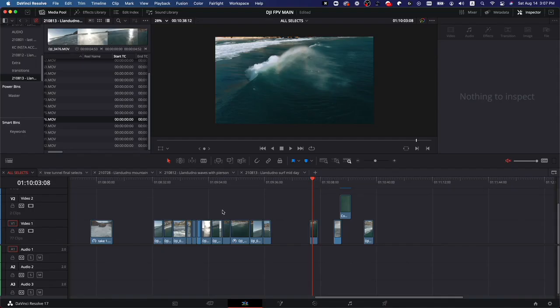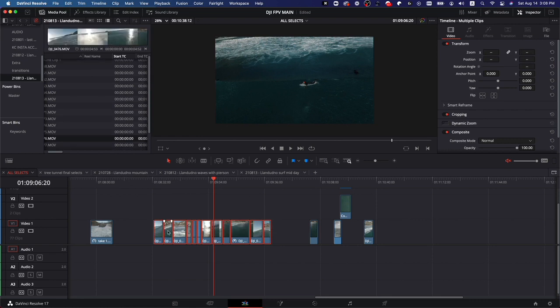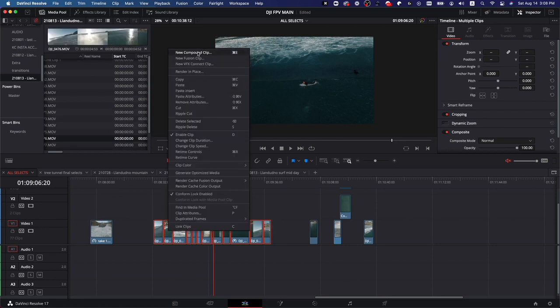So really quick, let me show you guys exactly how to make a new compounded clip before I give you some more examples of how and why I would use this feature in my workflow. So in my timeline, I can select whatever clips I want. You can see that I have this little sequence right here. So let's select all these clips and let's right click,